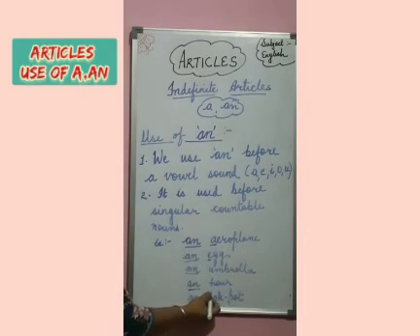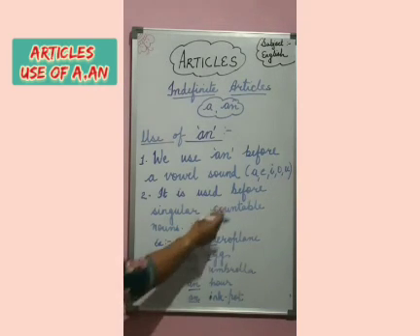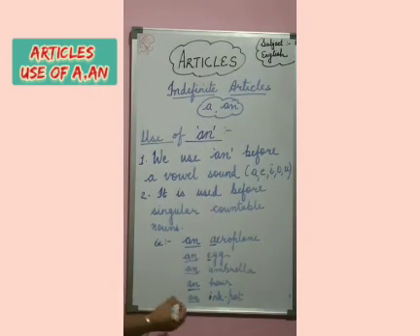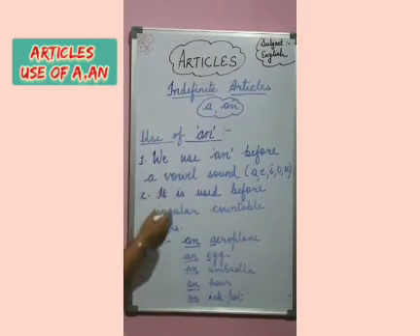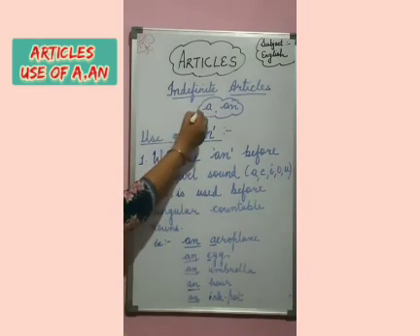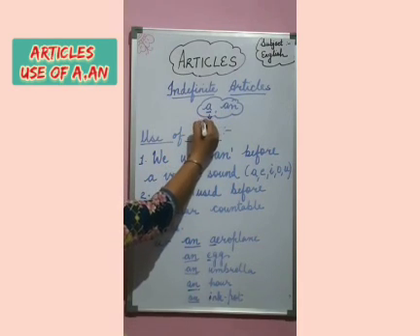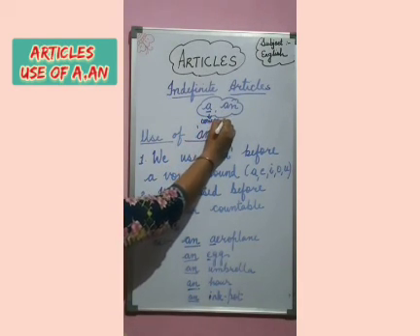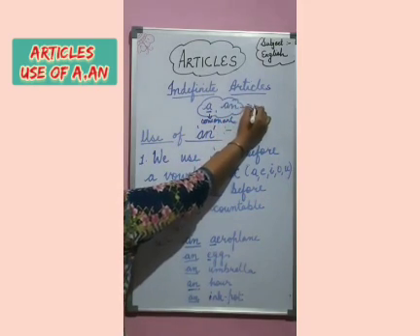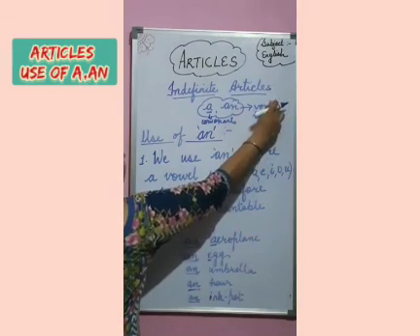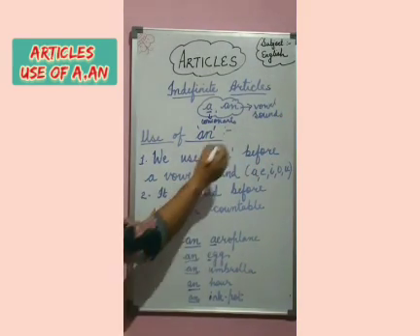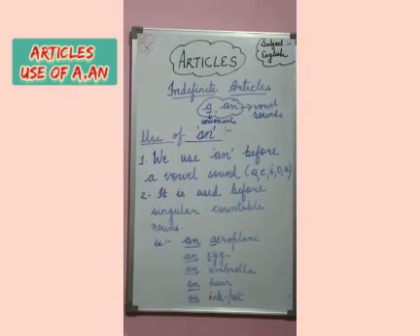Next is ink pot. I sound, ink pot. So again it is a vowel sound. Swar hai. So we will write an before it. So I hope the rules are very clear to you. You have to put a or an with singular countable nouns, and a with consonant sounds, right? And an with vowel sounds, right? So remember these rules. Then only you will be able to frame the correct sentences using a or an.